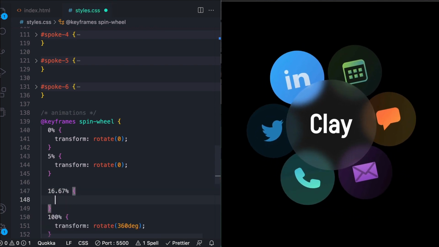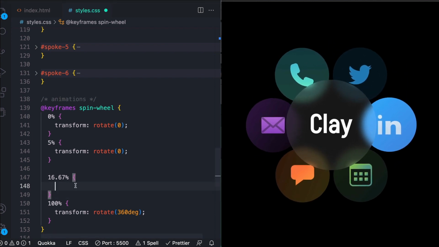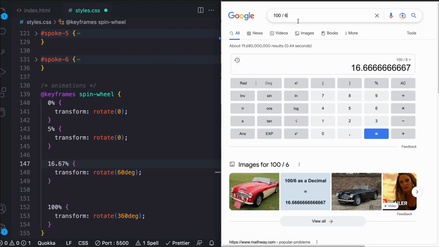16.67% is what I used last time, because math. We want it to rotate to 60 degrees. And then you can keep doing these steps. Essentially, how do you get these values, right? You just do 100 divided by 6 to get each of your stops. And that's going to give you each of these stops for being able to turn it 1/6 of the circle,